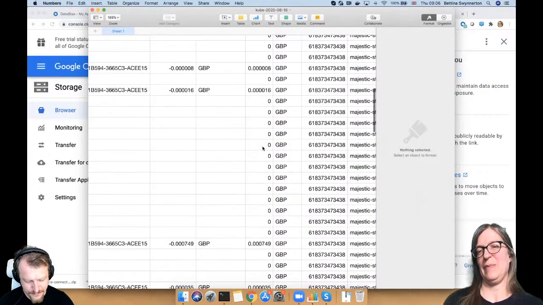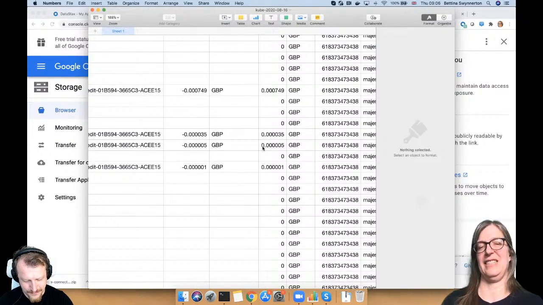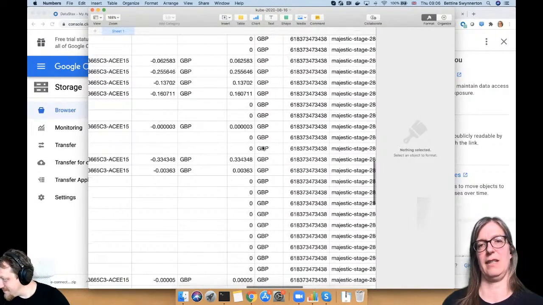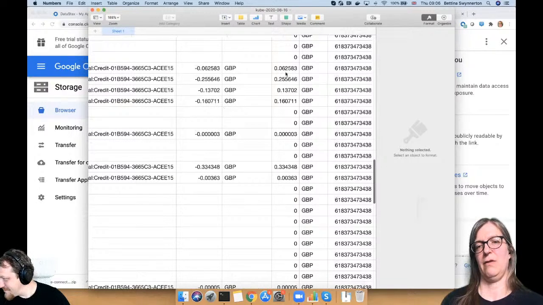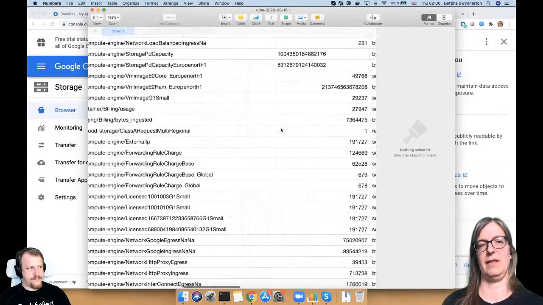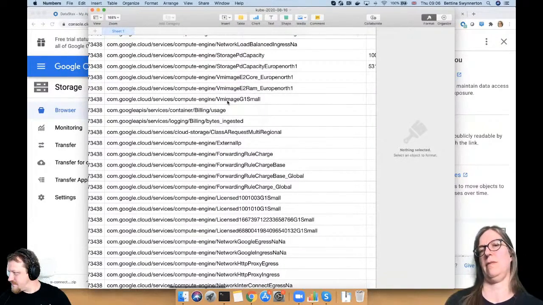But I think it's good practice, while you have the luxury of the free tier, to get a grip on the billing, so you understand what costs what and where your money goes. And you will find that the biggest component you see here, already a quarter of a pound, is for the compute engine. The compute engine, the vCPU core, the RAM, the different VM images, they cost money.